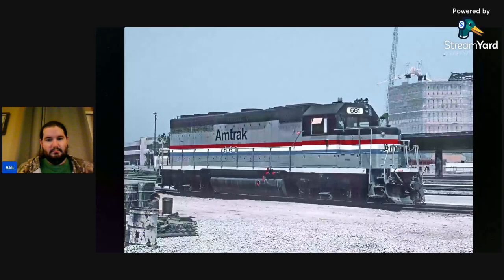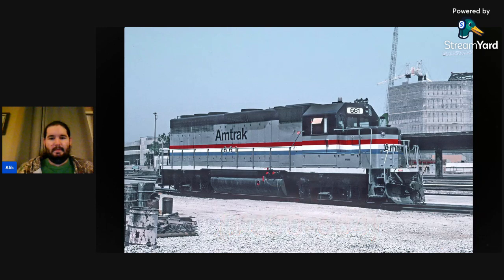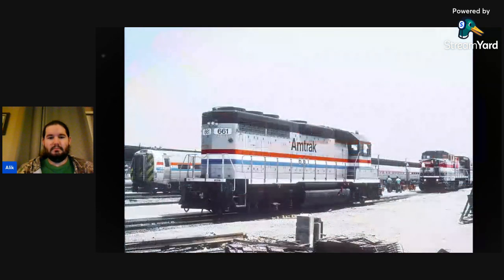Into the early 90s, more specifically 1991, Amtrak leased 11 GP40s from Helm Leasing. These were numbered 650 to 664 and were re-geared for higher speed running. The downside, though, was they lacked head-end power, but were able to pass it through to the coaches from an